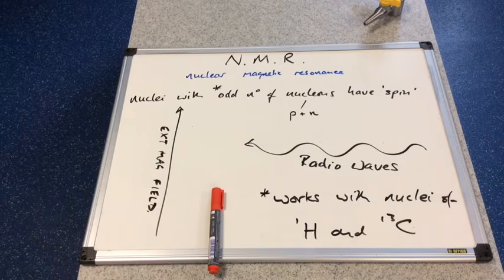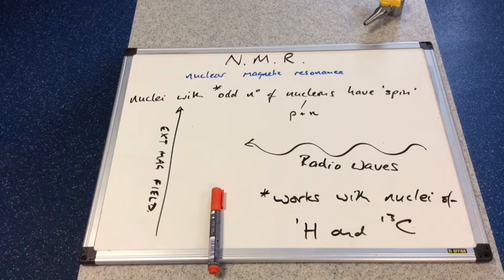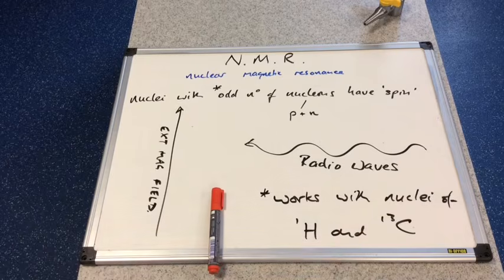It will also work with the carbon-13 nucleus, because in the nucleus of a carbon-13 isotope we've got 6 protons. Carbon's got a proton number of 6, and 7 neutrons. 6 add 7 is an odd number, 13,